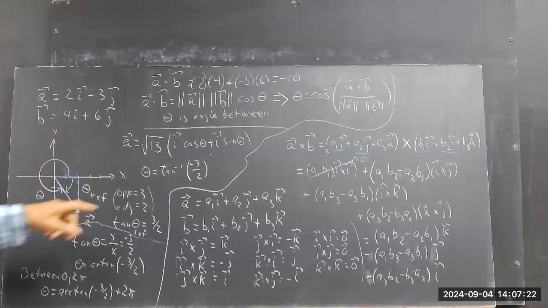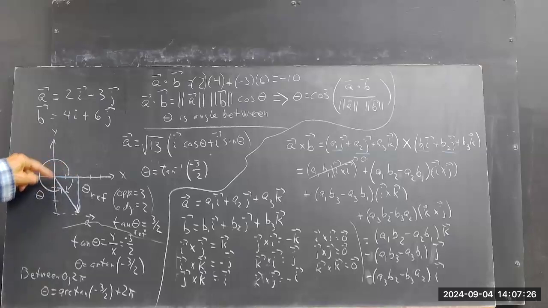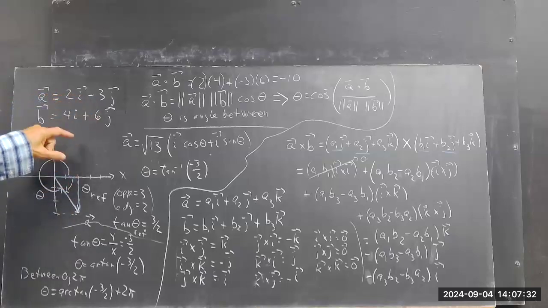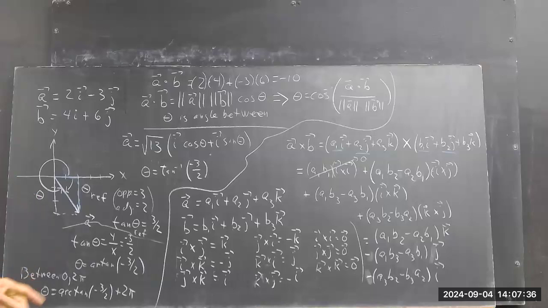So I drew this picture. Here's 2 units, here's -3 units. So this is a picture of the vector 2i minus 3j. We haven't drawn the vector B, but there it is. What's the angle between 0 and 2 pi of this vector? Well, I got